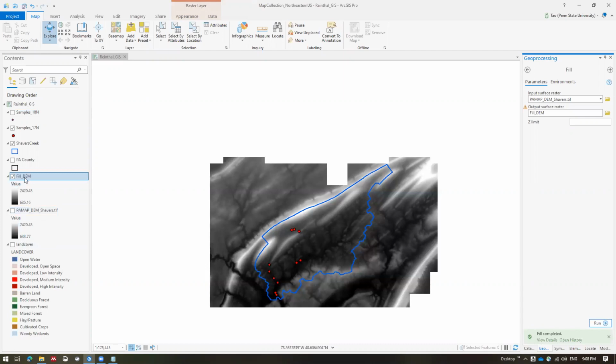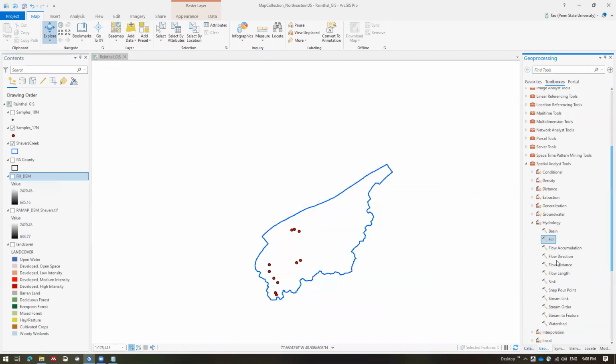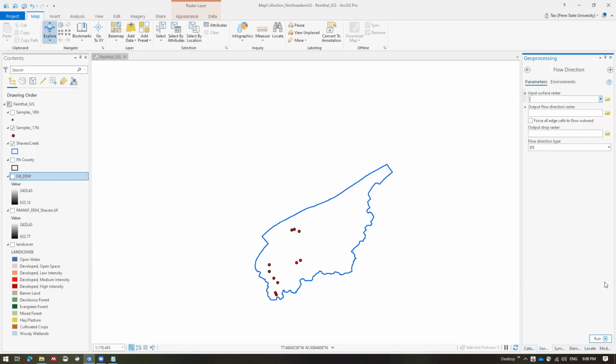On the left-hand side, you see a raster data layer named fill_DEM showed up. When you compare the data of fill_DEM with the raw DEM, you see the minimum and maximum are slightly different as expected, but not that different. So we fixed some minor issues in the raw DEM. Then we can go to the next step, which is to calculate the flow direction, and the input surface raster should be the fill DEM,